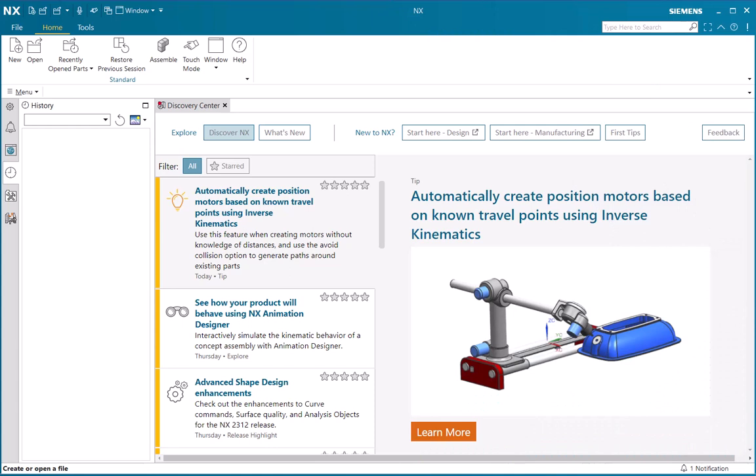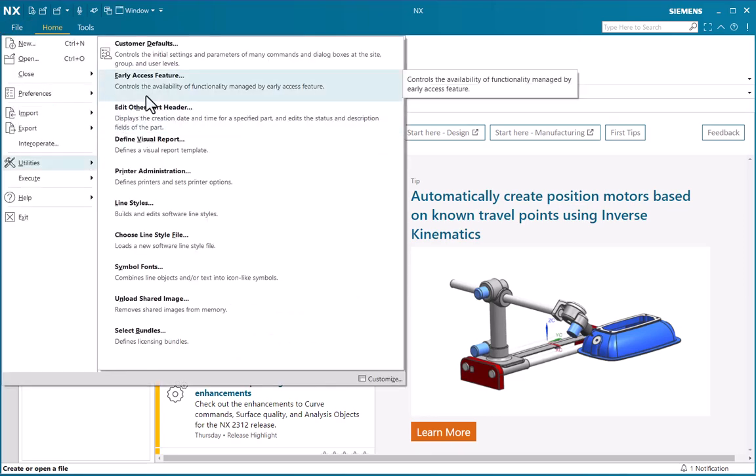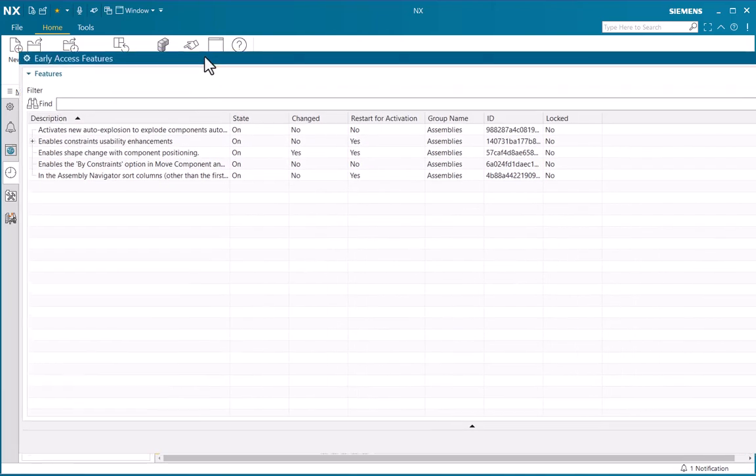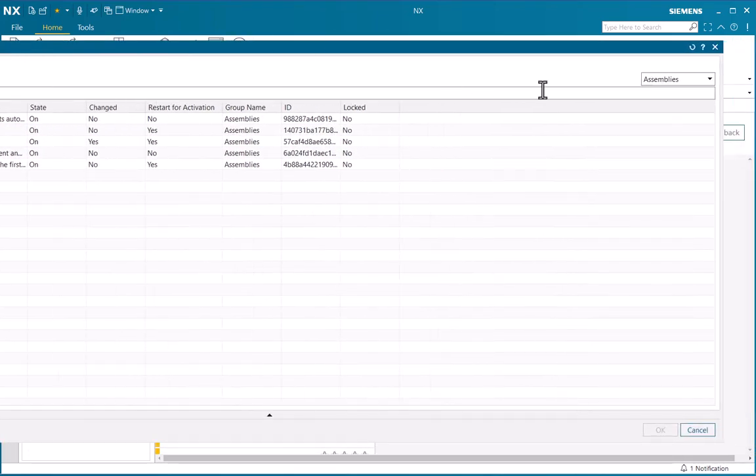In this tech tip, you will learn about synchronous assemblies in the NX2312 CAD application. Before beginning to explore synchronous assemblies, first go to File, Utilities, and click on Early Access Feature, where you will get a pop-up of the Early Access Features window, and make sure that the Assemblies option has been selected in